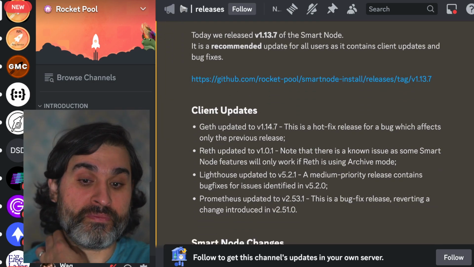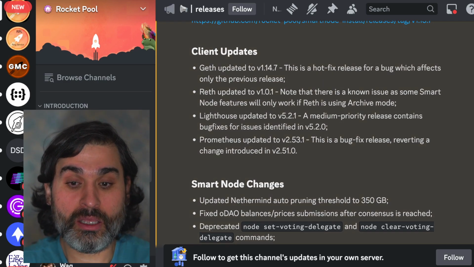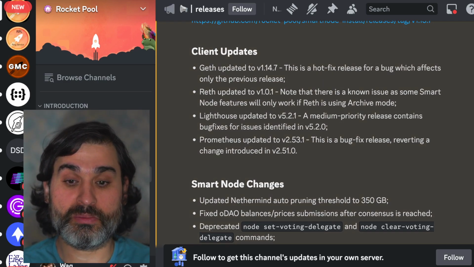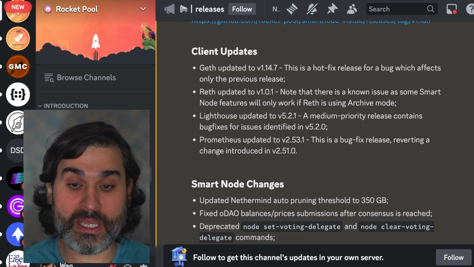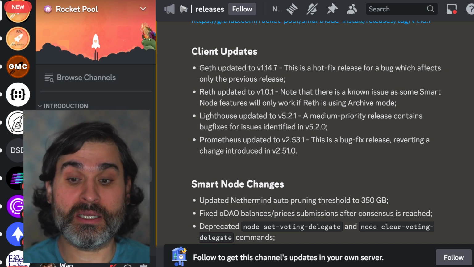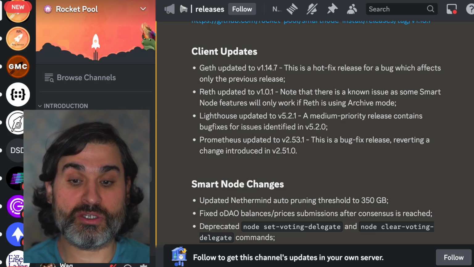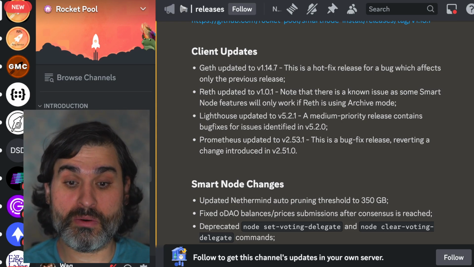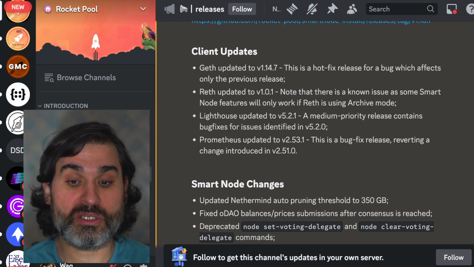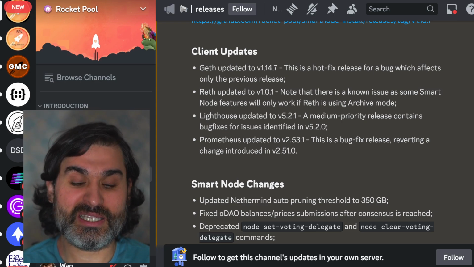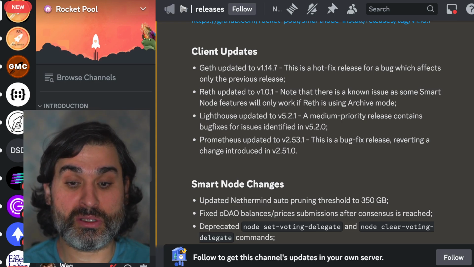So with client updates, it's got updated GETH, which is a hotfix release for the previous version. It's got a RETH update, and there's a note saying that RETH might have an issue for some Smart Node users and will only work if it's in archive mode. Then with Lighthouse, we've got an update to 5.2.1, which is a medium priority release containing bug fixes for issues identified in 5.2.0. And Prometheus was updated to 2.53.1, and this is a bug fix release reverting changes introduced in